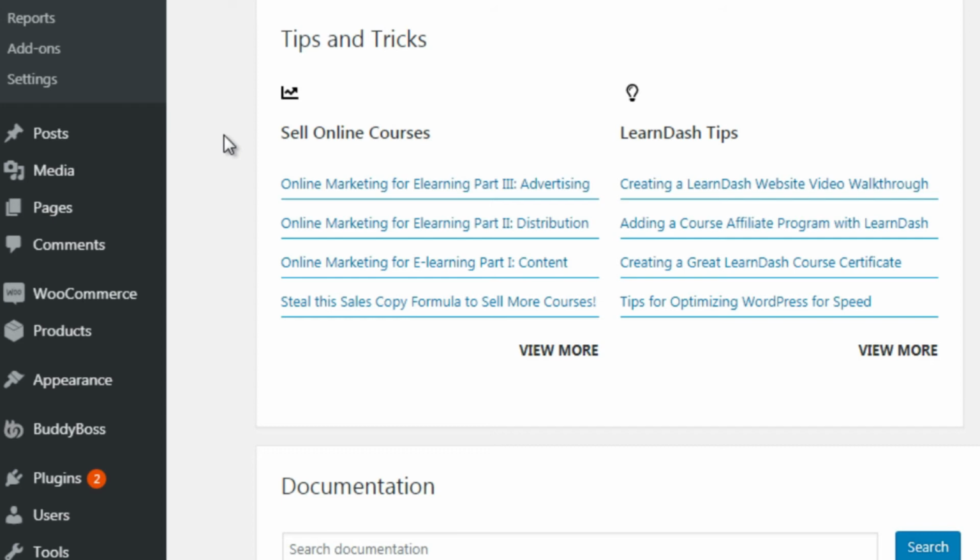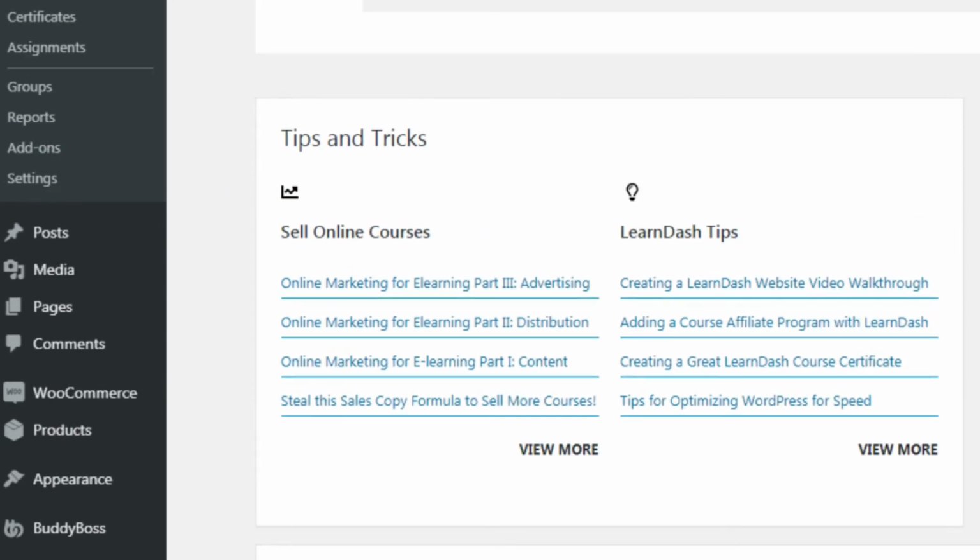A lot of times when you purchase software or get access to web applications, they don't really offer you enough information on how to implement their plugin, so you are left trying to figure things out yourself. Fortunately for you, LearnDash is so popular that you could either do it yourself or hire somebody on Upwork.com or other freelancing sites to set things up for you. Now, if we scroll up here,